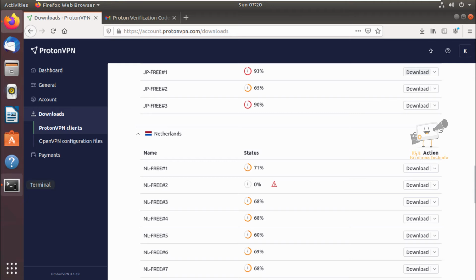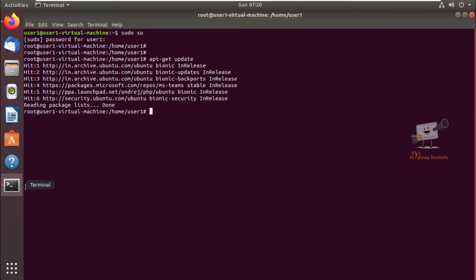Now we can see how to install and configure Proton VPN in Ubuntu first. Go to the terminal and install.